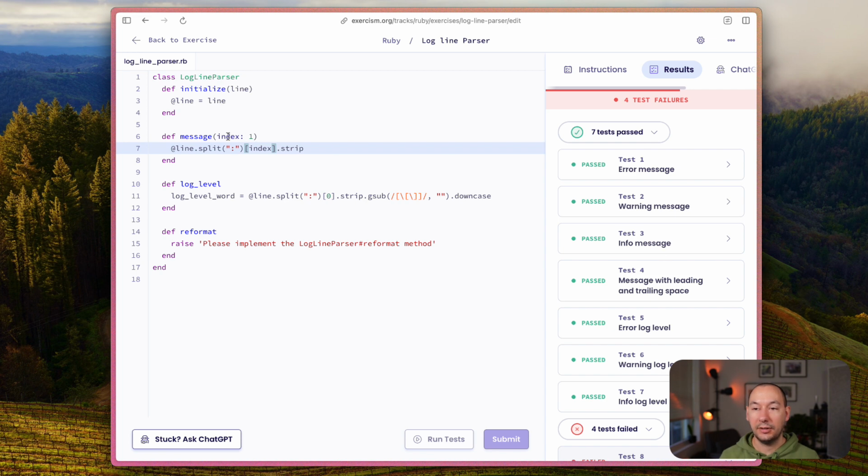So we're passing in an index with a default of 1. So if we don't pass it,